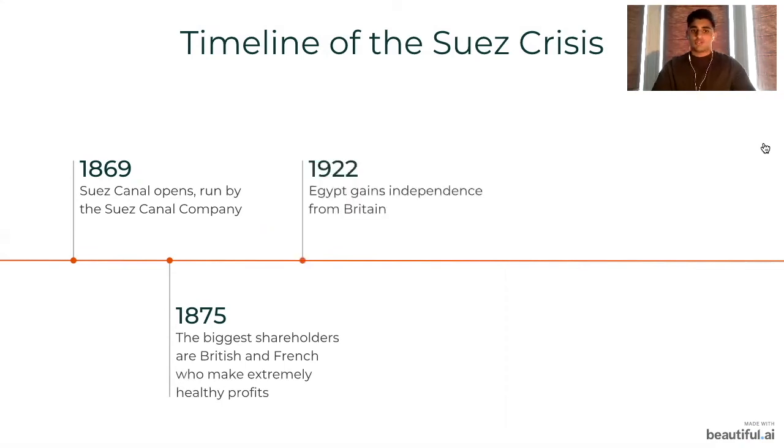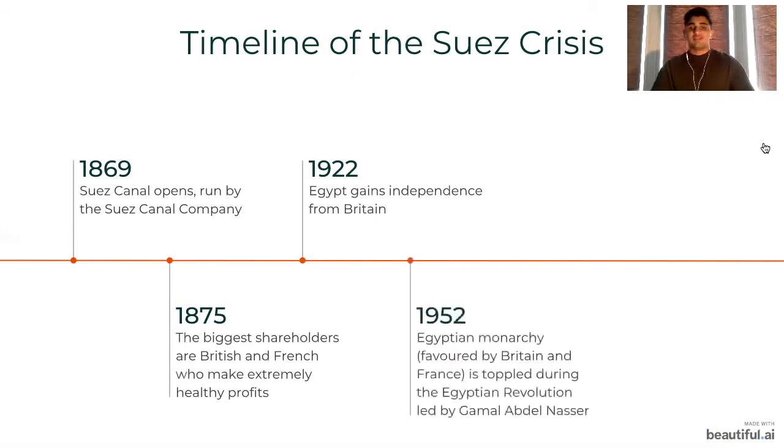Everything was all good until Egypt, where the Suez Canal is located, gained independence from Britain. So Britain as a country no longer had control of the Suez Canal. Technically it's Egypt, because they're independent. In 1952, the Egyptian monarchy, who had run Egypt since 1922 and were quite favored by Britain and France because they were keeping the shareholders happy in the Suez Canal Company, and the profits were still coming in quite healthy,